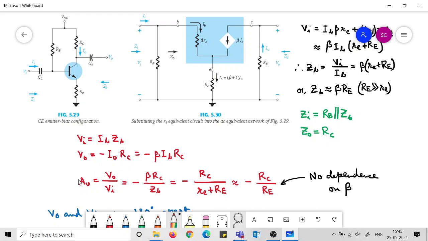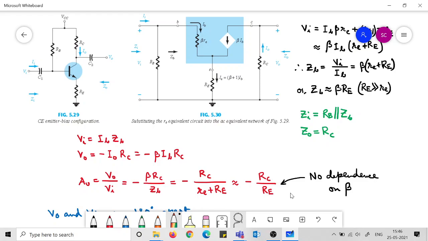So now the AV is what? AV = V0 by Vi, and you have this Ib cancelling out, so beta Rc by Zb, and Zb is nothing but beta re plus Re, or you can also approximate it as capital Re, which is what we have done later on. So beta also gets cancelled out and we have simply minus Rc by Re, both capital Rc, capital Re. That is, it depends on only the